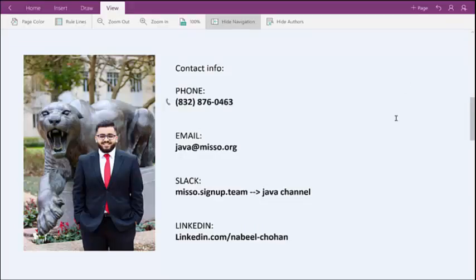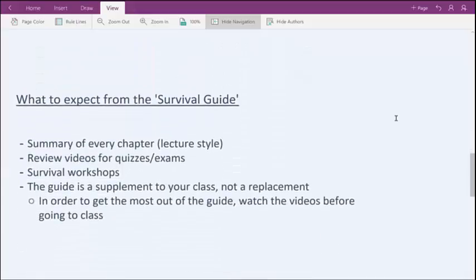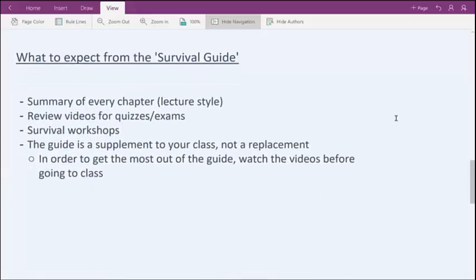So just getting back to the contents of this video, I'm going to talk about what to expect from this survival guide. Like I said, it's going to be a video series where I break down every chapter, the concepts of the chapter, and if there's some coding involved in the chapter, I'll definitely do some coding examples and break them down for you guys, just to prepare you for the quizzes and the exams. I'll also be doing review videos, probably over the quizzes and the exams, breaking down every question, how to approach taking the quiz, how to break down the quiz, how to read the instructions, and translate it into code. So just a bunch of tips that I'll be giving on the quizzes and the exams in my videos. So make sure you watch the videos and keep up with them.